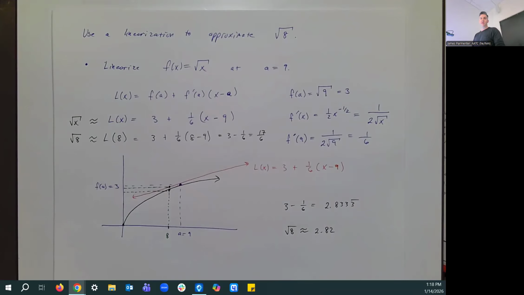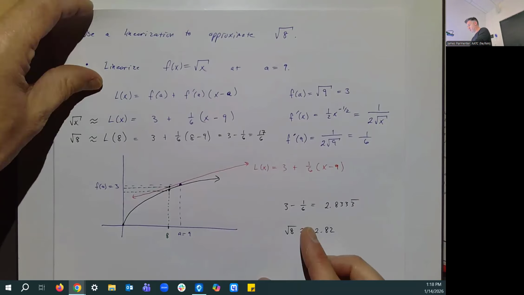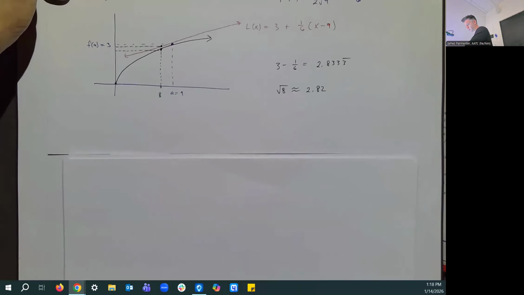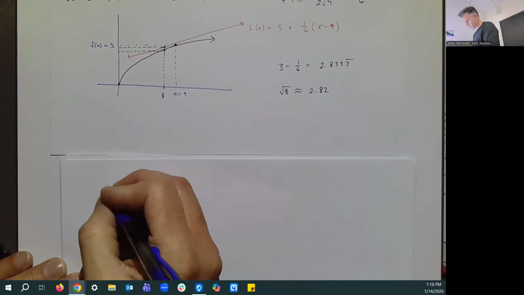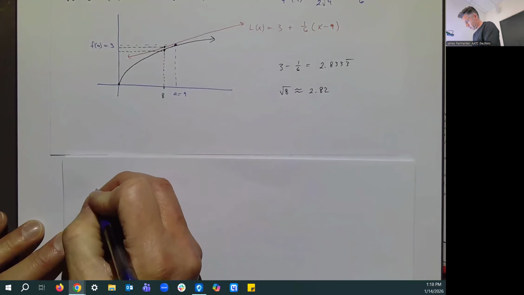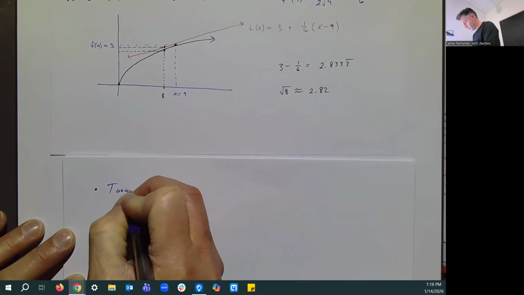So let's now extend this idea to a three-dimensional version where instead of a curve and a tangent line, it's going to be a surface and a tangent plane. And the nice thing is the equation is going to be practically the same as what we kind of talked about already. So here is the 3D version. Yes, the tangent plane